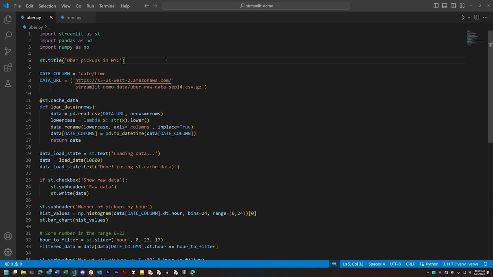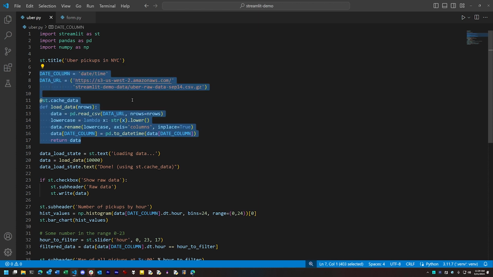In that sense, it's a little like a Jupyter notebook in that those are also evaluated top to bottom, and also in that they're re-executed from the top whenever you want to evaluate changes, whether to the code or by a user input. So from the top, here we title our page, and then we set up our data loading and formatting function. We're using pandas to load the data from a CSV fetched over the network, although we could use a local source too. And we present that to Streamlit as a data frame.